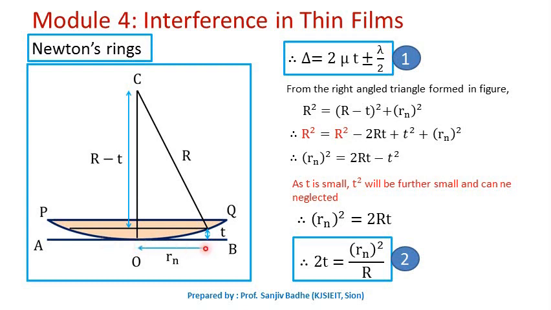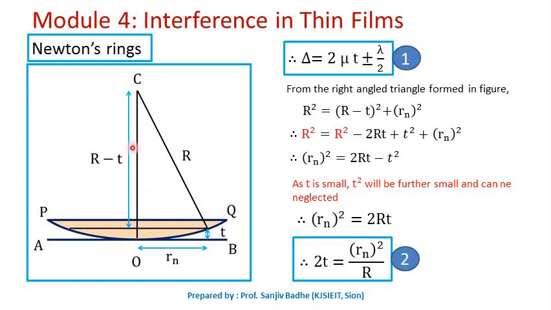In this figure, let us say that the nth ring is obtained at a point where the thickness of the film is t, and let the radius of this nth ring be Rn. Now this ring will be a dark ring if the condition for minimum is satisfied at this point for the given value of t, and this ring will be a bright ring if the condition for maximum is satisfied for the given value of thickness of the film. Let us draw a perpendicular from this point to CO.